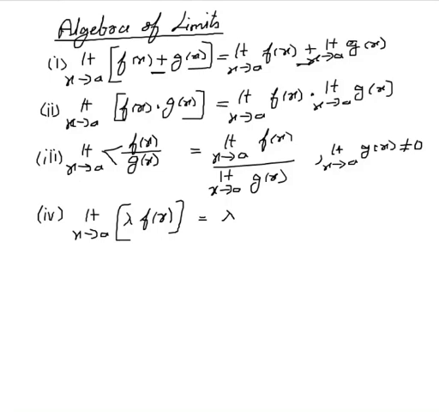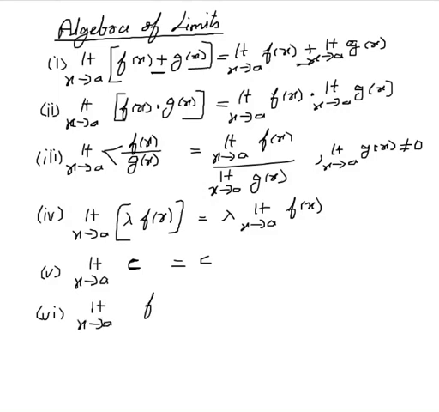So they can be removed outside the limit. Therefore it becomes lambda times limit x tending to a of f of x. Limit x tending to a of a constant c will be c itself. And then limit x tending to a of f of x raised to r. So we can apply the limit for the base and the whole power r. It becomes